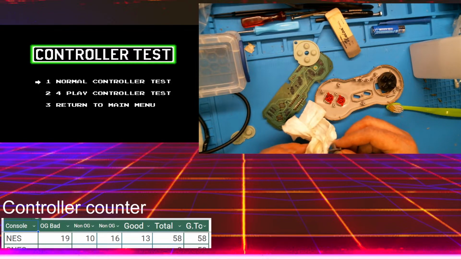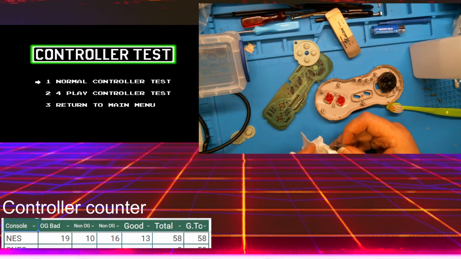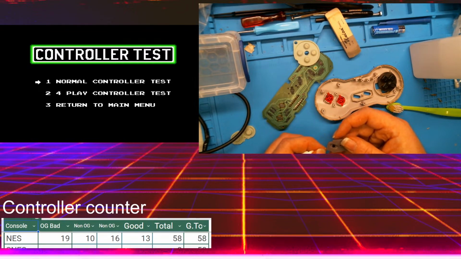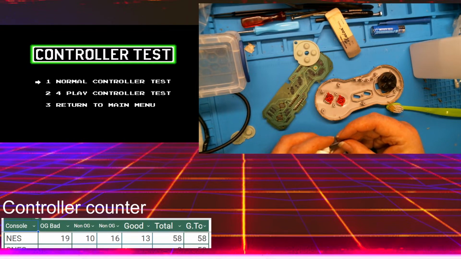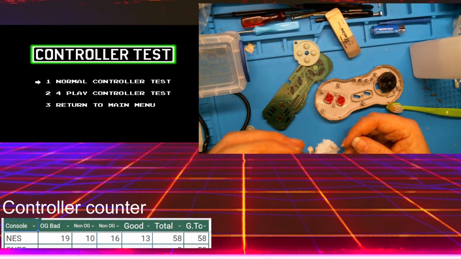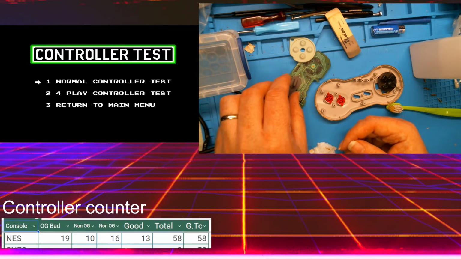The reason why you want to use isopropyl is mainly because it dries fast. So it can clean up, it can get the dirt moving, and then it's instantly dry. Because on circuit boards and stuff like that, you don't want moisture on there because it can make